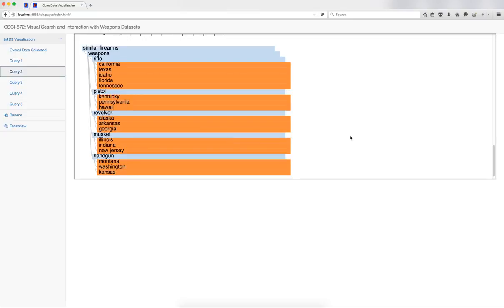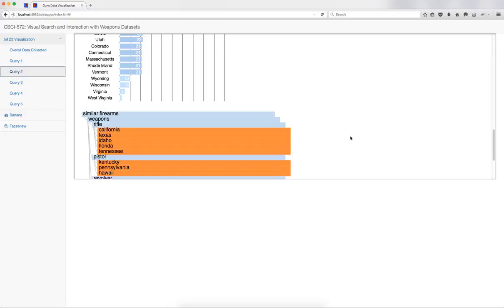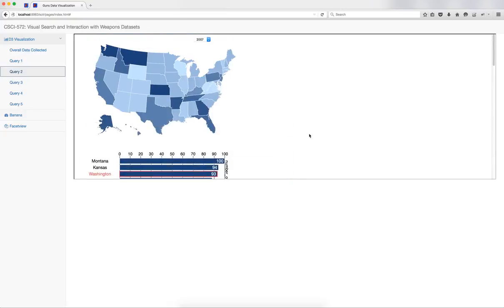So the different similar firearms were grouped by their regions, and this relation is also seen in the choropleth, because the ones having similar firearms have the same color in the choropleth. This data is for multiple years, and we have decided to show 2007 for demo purposes.